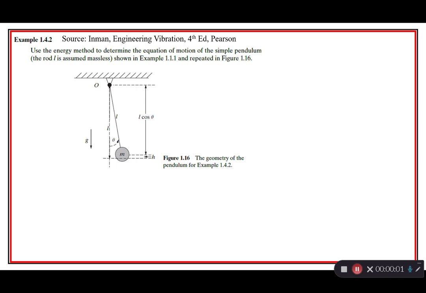All right, continuing on with the energy methods of week 2, we have another additional example that is not in